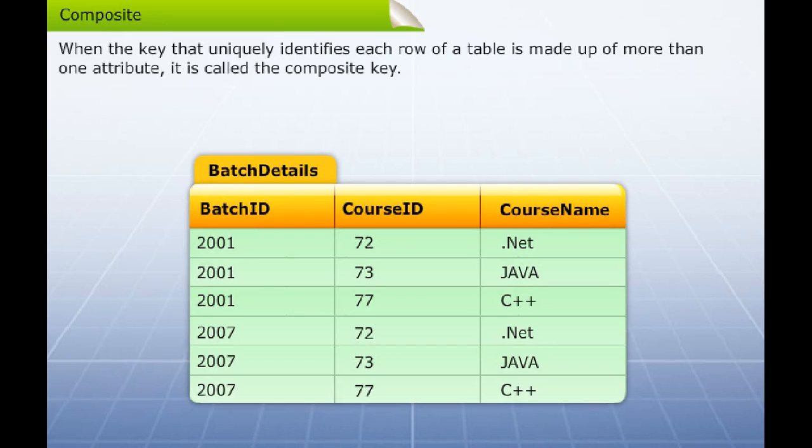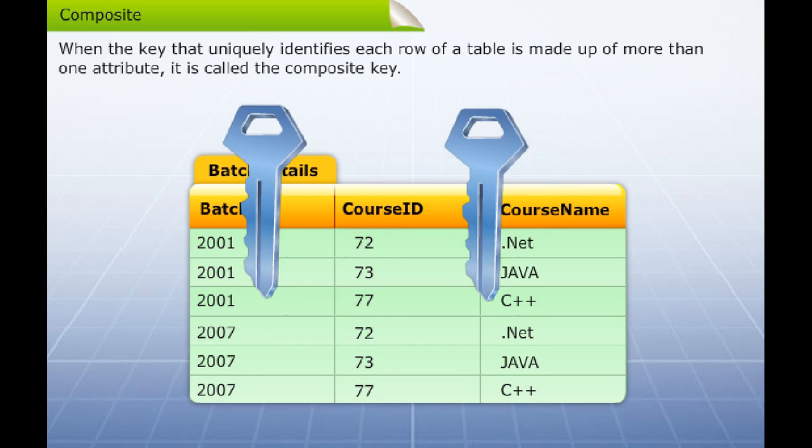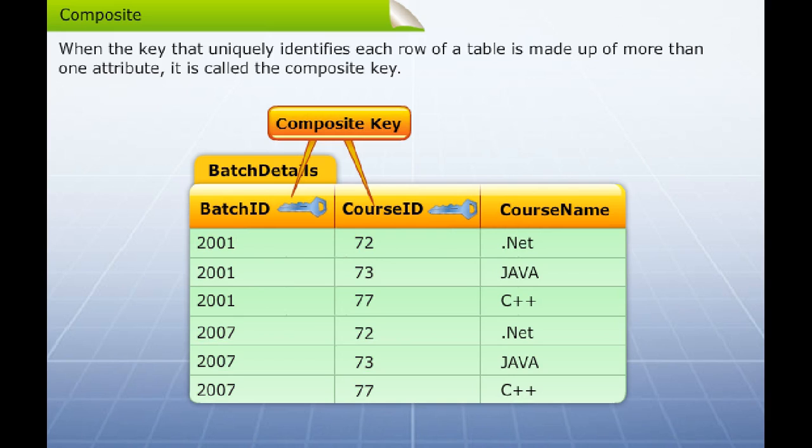When the key that uniquely identifies each row of a table is made up of more than one attribute, it is called the composite key. For example, the batch ID and course ID taken together can make the composite primary key in the table